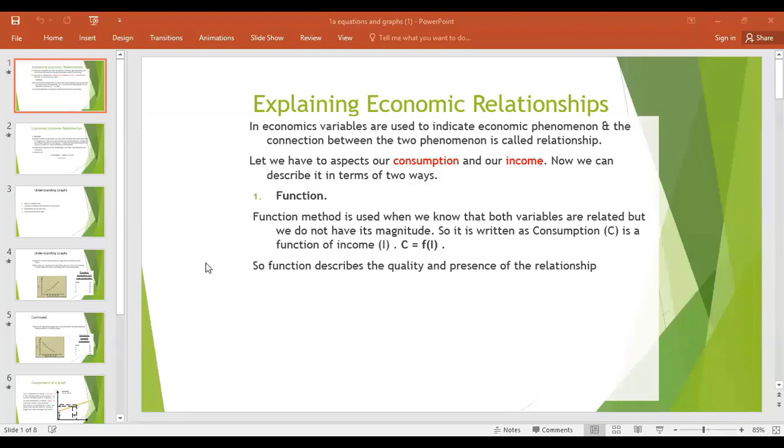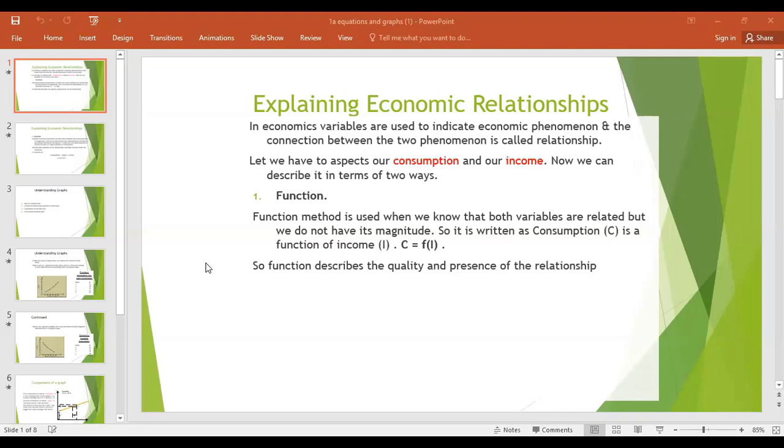So today what we are doing is we are studying some mathematical or statistical tools that are regularly used in explaining macroeconomic relationships. When we say relationship, it means two phenomena or data sets or variables are relating to each other. Now we need to present it in a way that we can explain how they are related. So the tools that are used to explain relationships are being discussed here.